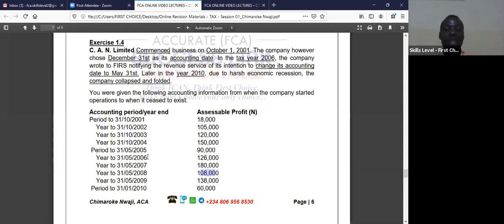So what it means is that in the new accounting date, if you start with 2006, that means it must end anything in 2005. So if it is May, it must have started in April of the previous year. So from April 2004 to October, how many months? April, May, June, July, August, September, October. So you're going to say 7,